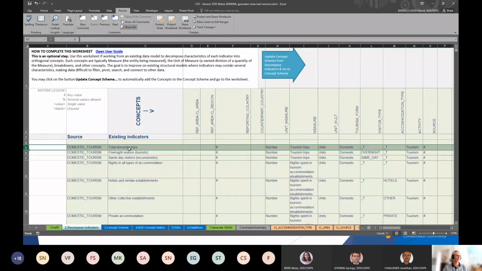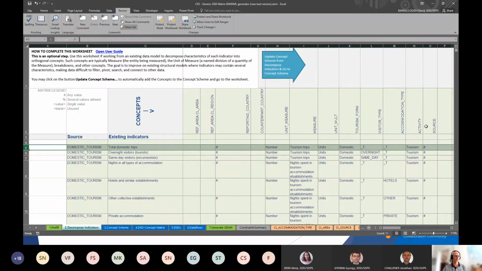So how do we actually decompose that to make it filterable, to make it searchable, and basically to try to move away from a long list of indicators and to have a smaller list of indicators that have more breakdowns to make the filtering more successful. So in total domestic trips, the unit of measure is number, the actual measure is tourism trips. I'm not going to go into all of this, but you can see the various